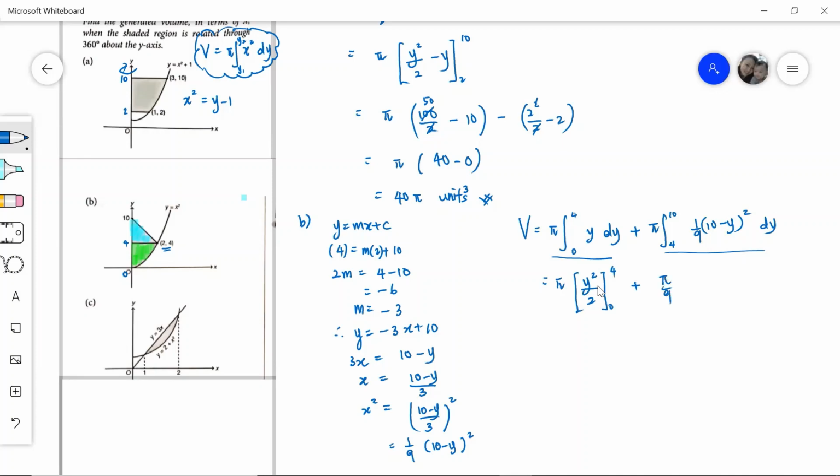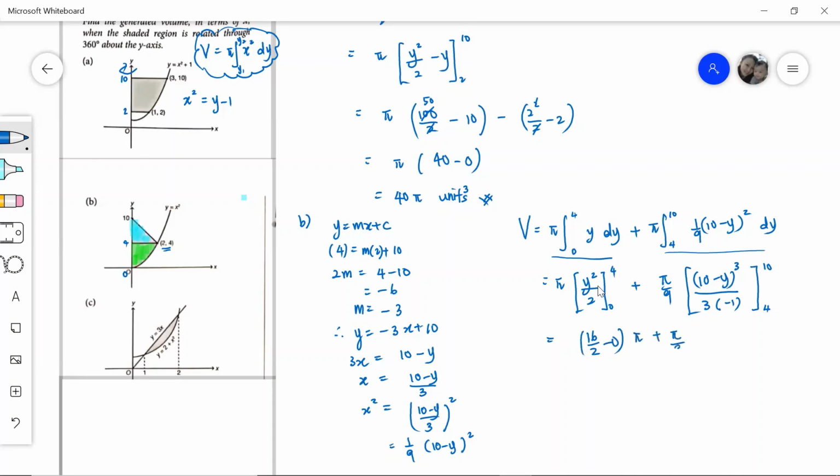We integrate this 10 minus y raised up to the power of 3: increase the power by 1, divided by the new power, and also the coefficient for the y, this -1. And then we've got to integrate when y is between 4 to 10. So for this one, we substitute 4 in, so 16 over 2 minus 0, pi